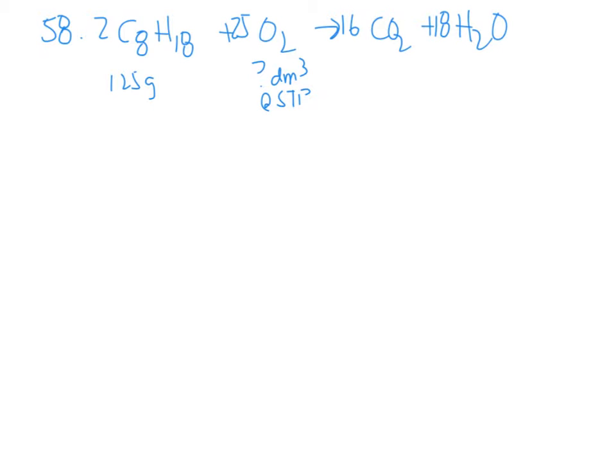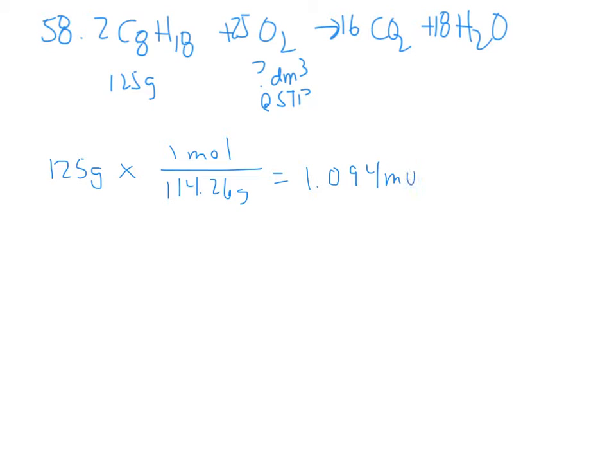Number 58 asks you to figure out the amount of oxygen produced at STP if you completely combust 125 grams of octane. So first thing is to get the balanced equation, and I've written in the amounts that we're dealing with here. So I could see that I could change my 125 grams to moles. So 1 mole of octane I have at 114.26 grams per mole. So if I take 125 and divide by that, I get